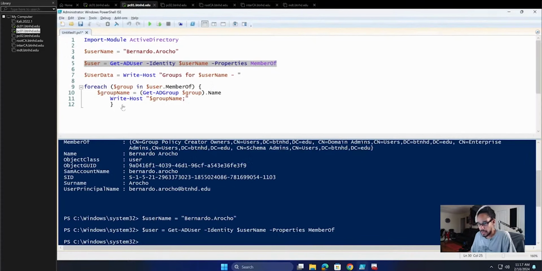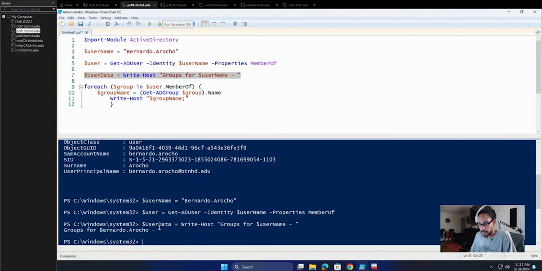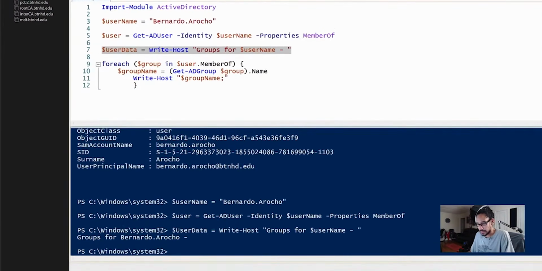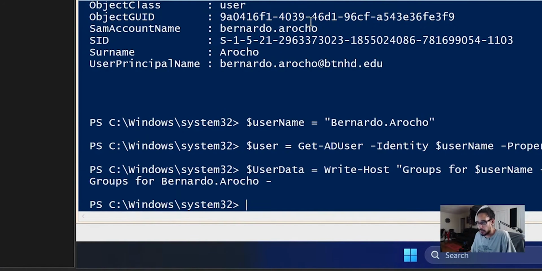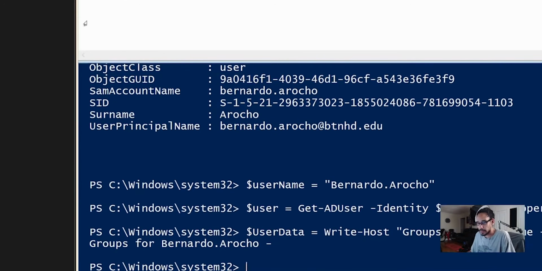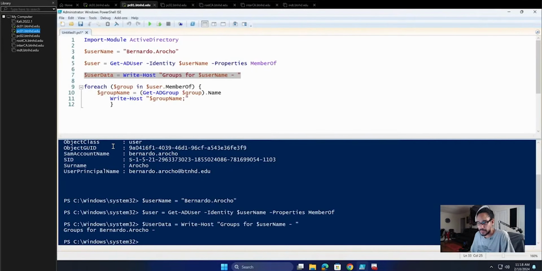And we could run this right now. And the only thing that does is this. It just writes this fancy line, it's just groups for whatever user you're trying to retrieve. And then underneath that would be the foreach. Nothing fancy. It's just a fancy little thing.